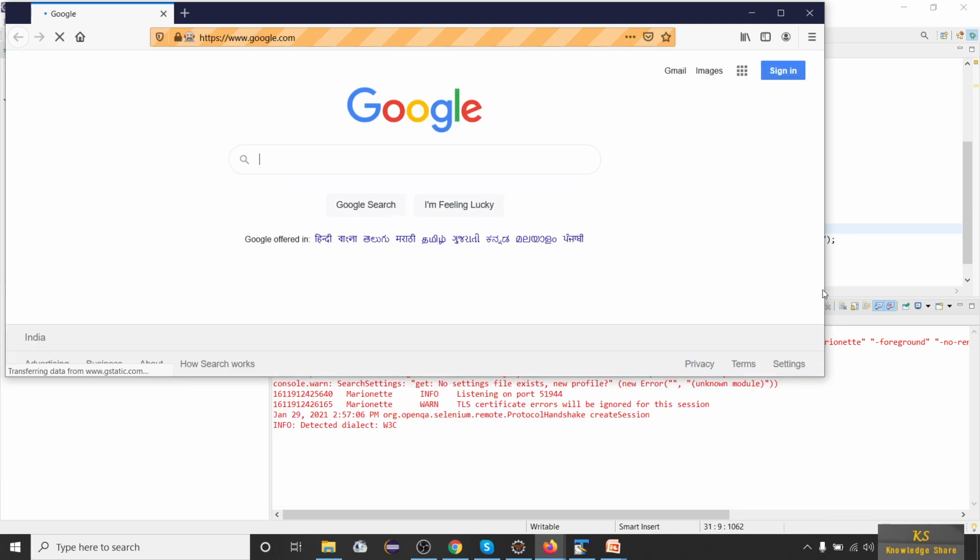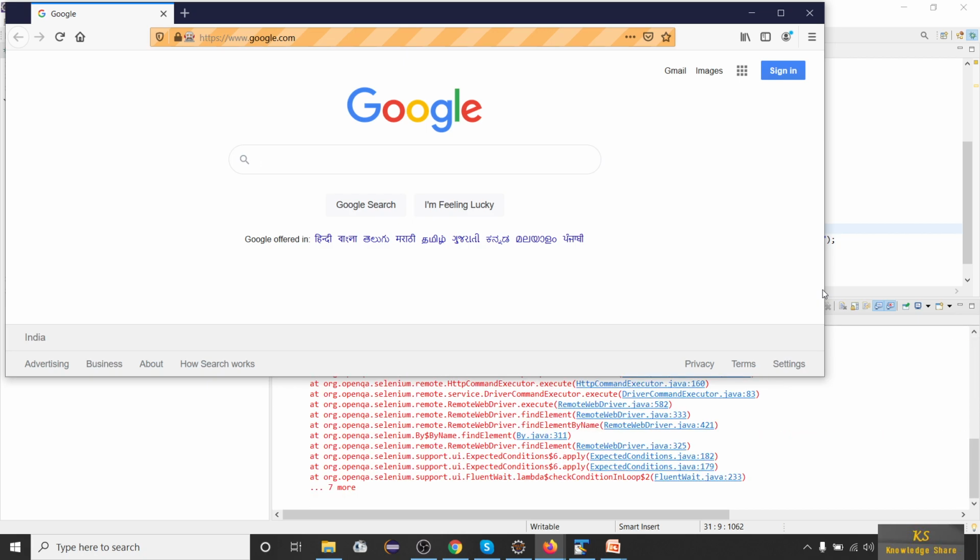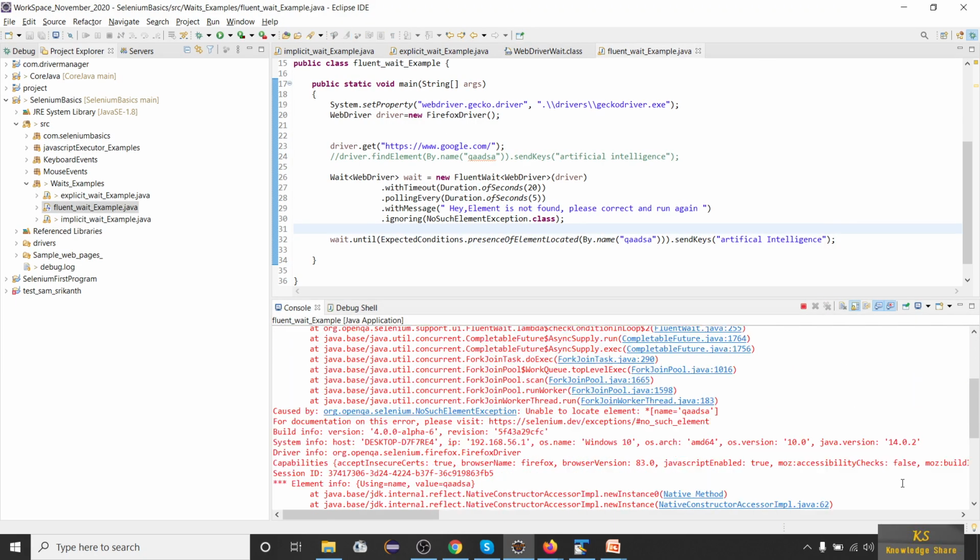The page is launched and it started waiting for the element, and the element is not found. Now it will start polling and all the operations related to fluent wait. Now we will be seeing the custom message that we have provided. Yeah, now the exception is thrown.